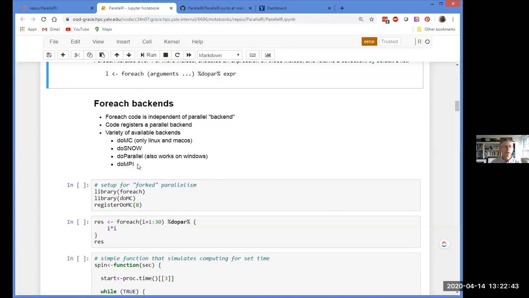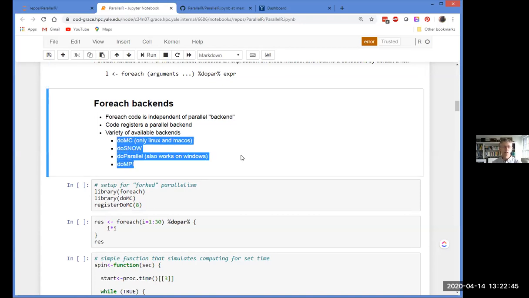There are a variety of backends, and as you can see here, these backends actually look a lot like those traditional parallel R methods that I mentioned briefly before. There's a doMC, which is basically using multicore. There's a doSnow, which is using Snow, doParallel, and doMPI. Of these, doMC is by far the simplest to use. It's very straightforward, very easy to install, very simple to use.